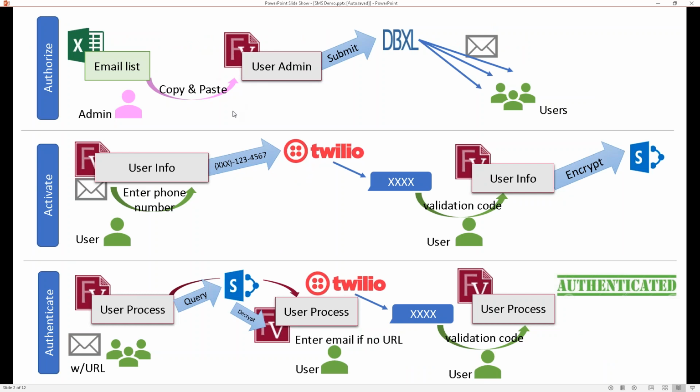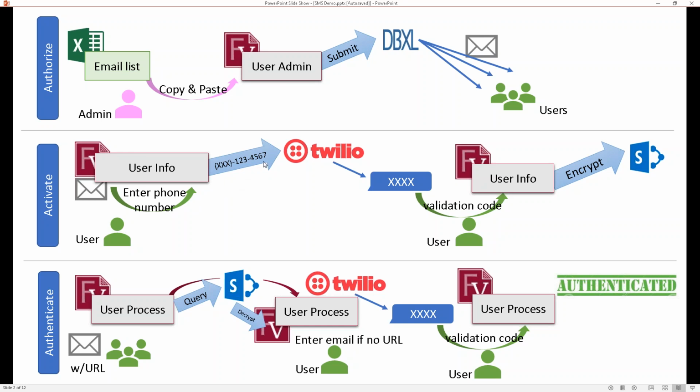So in general, this process is a 3-step process. We authorize a list of people to join in this data collection process. That's the first row on the top here, this first step. So it sends out a bunch of emails to people who have said they're interested in filling out a form. And then they activate their accounts using this user info form that asks for their email, their phone number, and